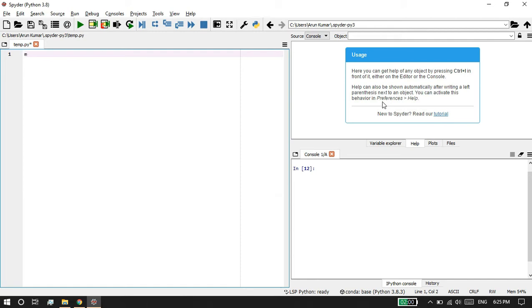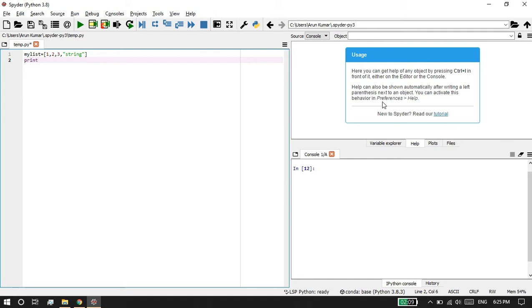So you have to give your list name. So here I am going to put my list, and you have to open your square brackets and you have to specify your items inside the list. You can also declare strings if you want to inside this list. Once you are done, this is how you can declare a list in Python.